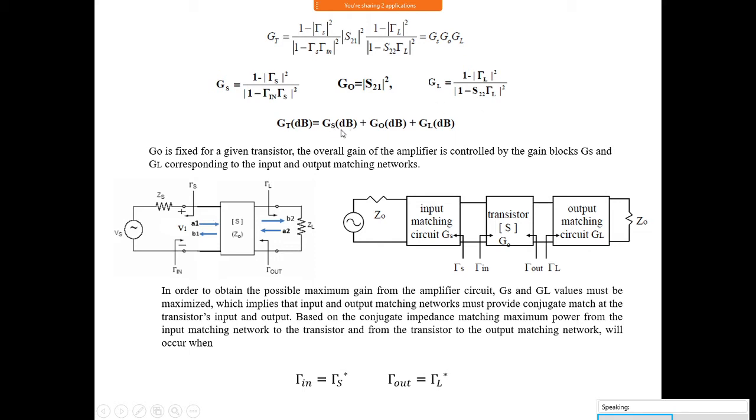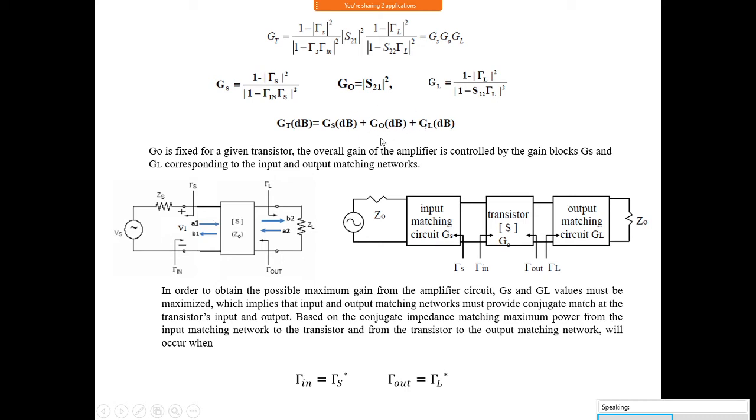Okay, maximum you can get some value. Maybe 6 dB maximum. This is also 6 dB. So then what can we do? GT maximum we can get from the circuit, for example, this is 6 dB. This is a maximum value of GL is 6 dB. Then total maximum gain we can get from the system is 12 dB. This is 6 and 6. 24 dB of GT we can get, that's all. Maximum gain you can get from the circuit is only 24 dB.